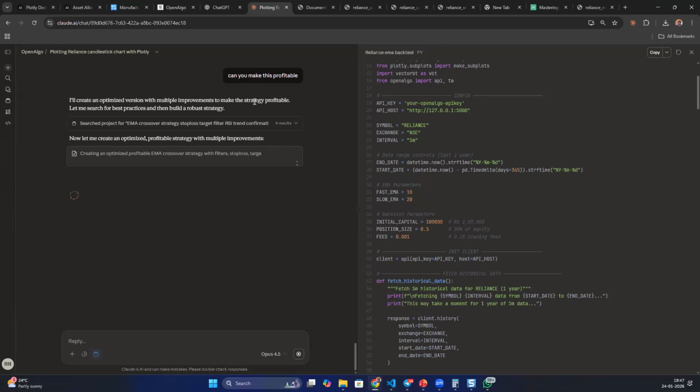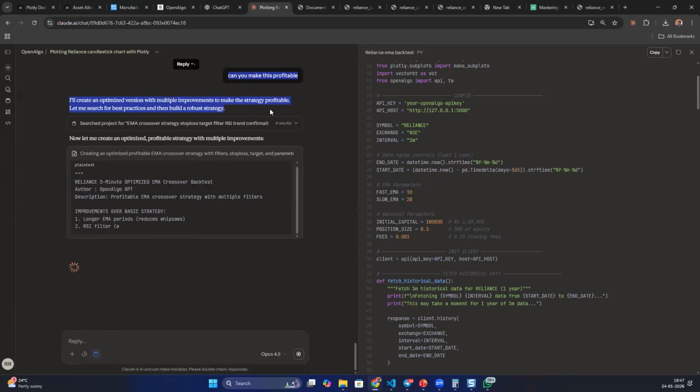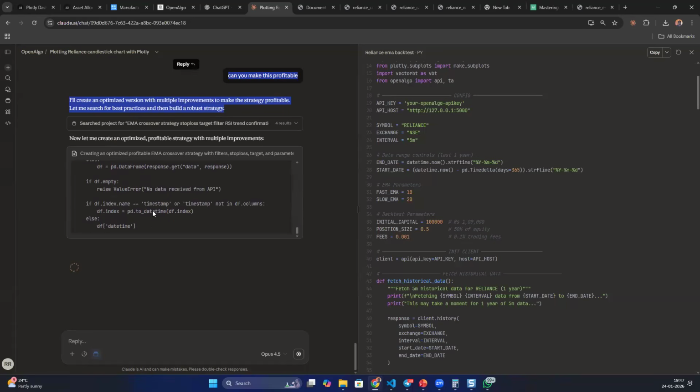So it's checking for some best practices, adding some filters, but that filter, you know, that is again basic slop, right? So that is where you should not completely rely on the AI tools. You are the expert. You should do the research and you should come back up. Can you try this method? Can you try that method? The AI is